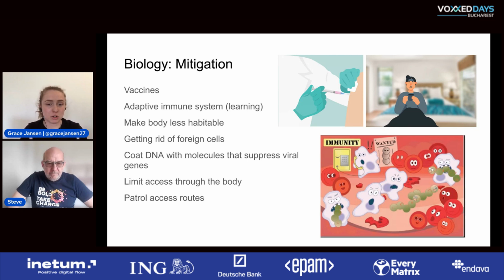Another thing is our bodies are amazing at creating solutions to this. So for example, I mentioned that some viruses try and insert data into us, so changing our data, changing our DNA. And our body has come up with a solution to coat our DNA molecules so that viruses can't insert their information into our DNA. And then other things like just having patrols. So our white blood cells are constantly monitoring, going through our blood circulation, just checking everything's okay and being there, ready to pounce on anything that shouldn't be there. So all of this is mitigation, trying to prevent that infection. And once it does get in, dealing with it and trying to kill it before it kills us.